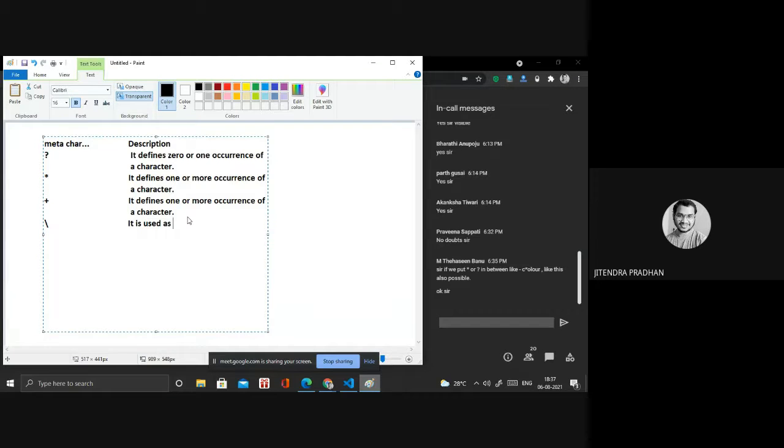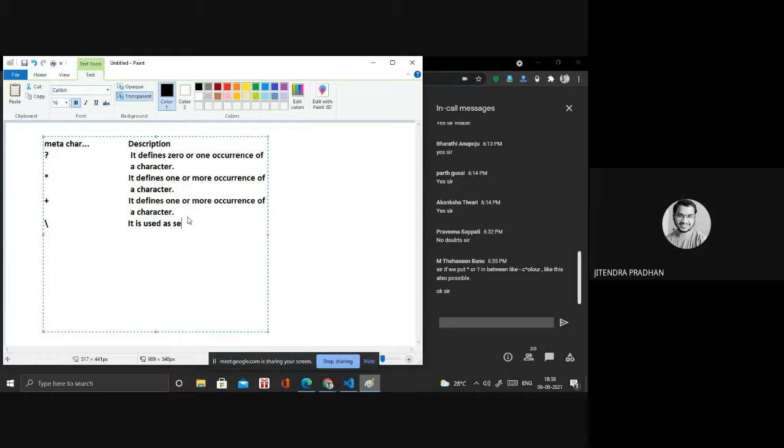It will be in a different format, and the developer writes a note: the password must be 6 to 12 characters and include uppercase, a numeric value and a special character. So it is a restriction, and by using meta characters we can do that. I will show you an example of how we write it using all these things. Okay, before that, let's see.